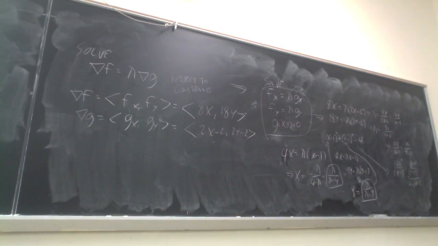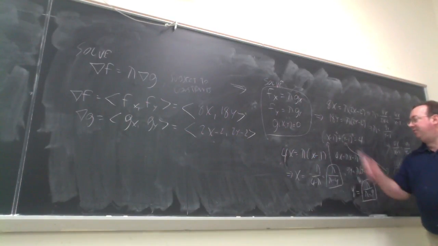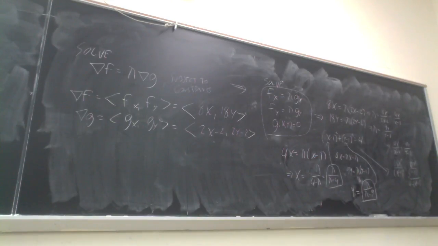Because now you've reached your goal. Your goal is to get some equation that only involves one of the variables. Doesn't matter which one, x, y, lambda. In this case, lambda. So if you substitute this in here and multiply everything out, which admittedly is an algebraically gross exercise,